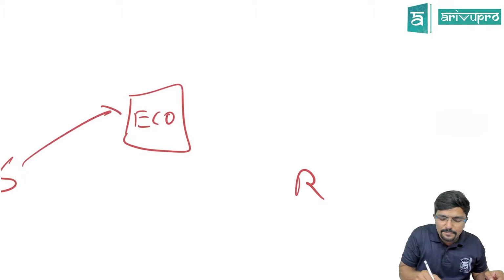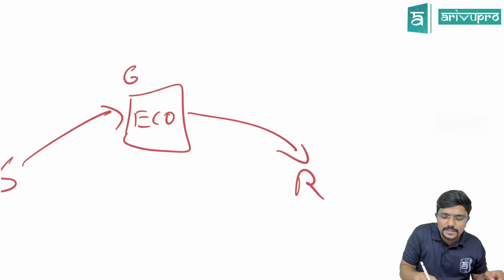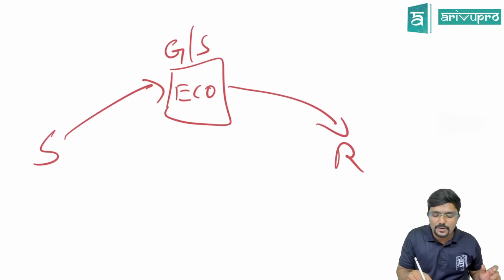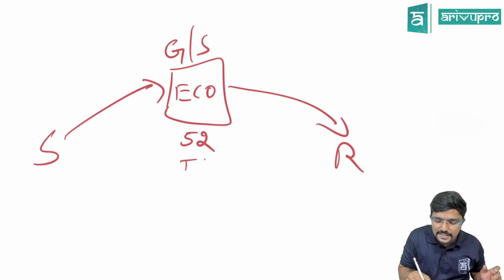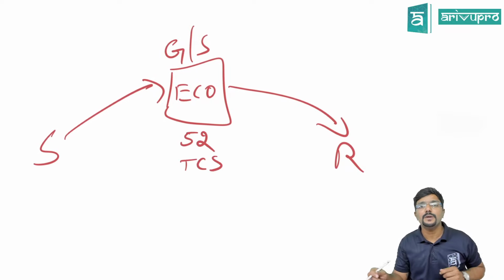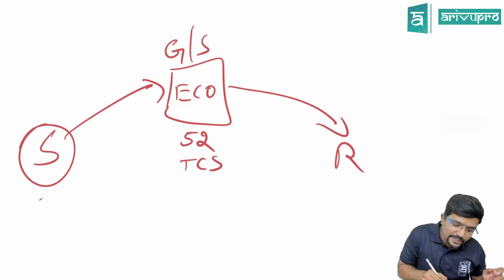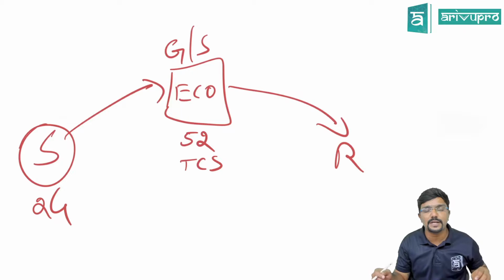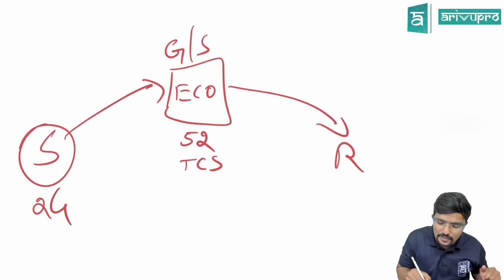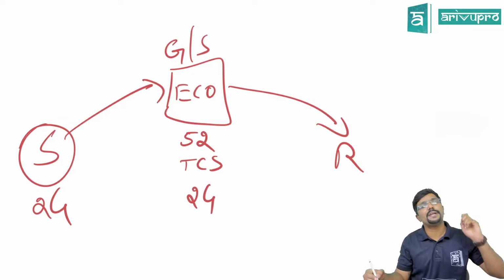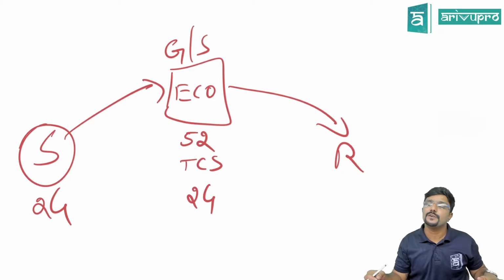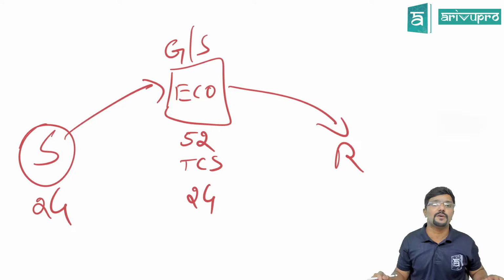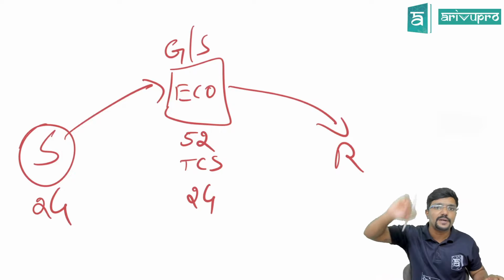If there is any supplier who is supplying any goods or services through an electronic commerce operator, on which the electronic commerce operator is supposed to collect TCS as per section 52, then the supplier should get registered under section 24 mandatorily, irrespective of his turnover, and even the electronic commerce operator also should get registration under section 24. As per section 24, he has to get registration irrespective of your turnover.